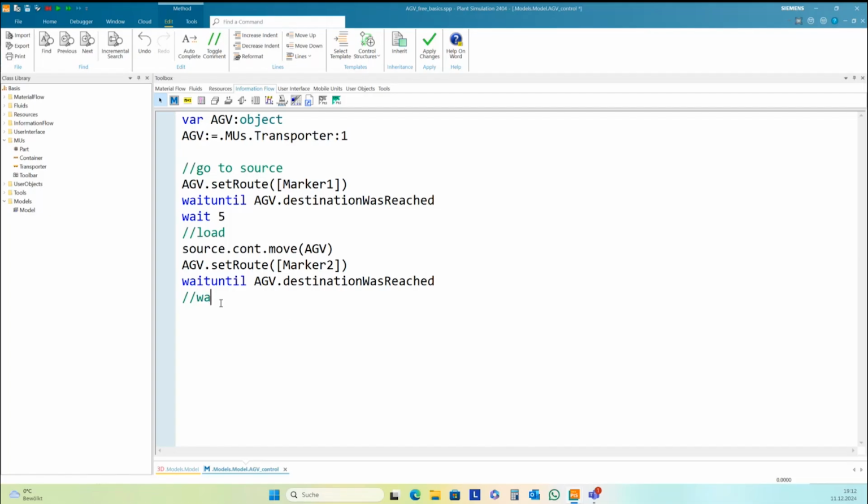Again, I wait some seconds to have the unloading time, and then I move the part from the HEV to station. And finally, I go back to HEV pool.